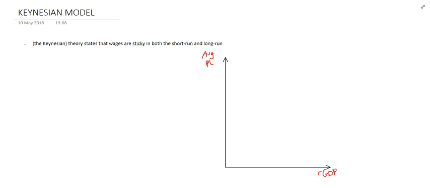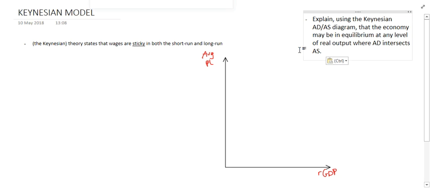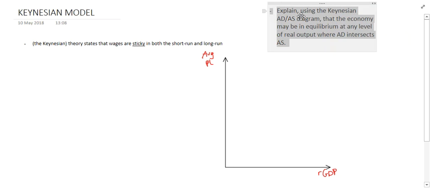In this video, we're moving to the different theory of macro, which is the Keynesian model. As we're solving, I want you to know that the lesson objective is to be able to answer a paper one that can come asking you to explain this. Explain why the Keynesian aggregate demand, aggregate supply diagram, explain how the economy may be in equilibrium at any level of real output where aggregate demand intersects aggregate supply,